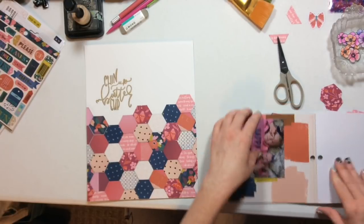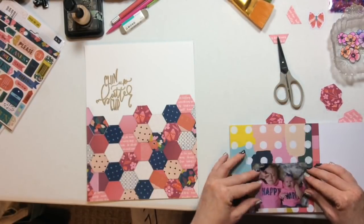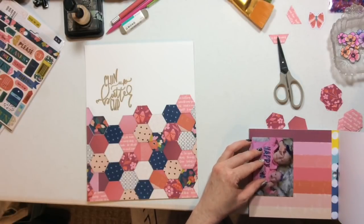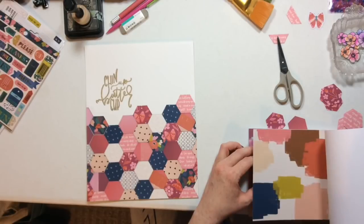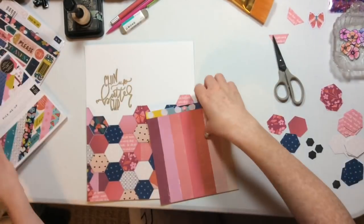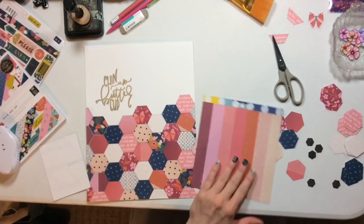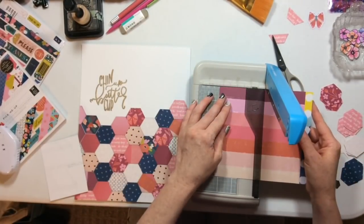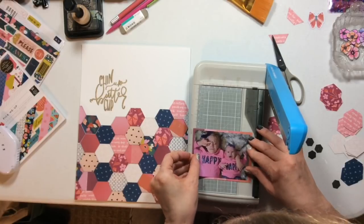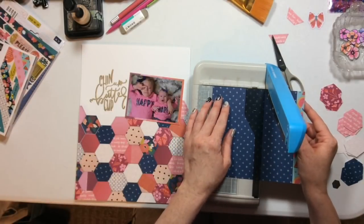So if you go to the Spiegelmom Scraps shop, what I'm doing here is I'm just looking for a 6x6 paper pad to map my photo with. If you go to the Spiegelmom Scraps shop, there is a sequin mix called Tropical Breeze that matches Paige Evans' Pick Me Up collection absolutely perfectly. Unfortunately, I don't have that sequin mix just yet. So I went through my sequin stash and I found Water Lilies, which is currently sold out in the shop. But if it's sold out in the shop, that means that maybe a bunch of you have it in your stash, so you can pull it out and use it with Paige Evans' Pick Me Up collection, and it works great with it. I don't know that it would work with all of the elements of the collection, but I was really pulling out just the pinks and the fuchsias,